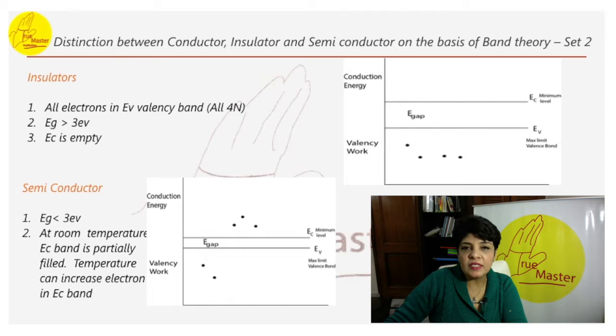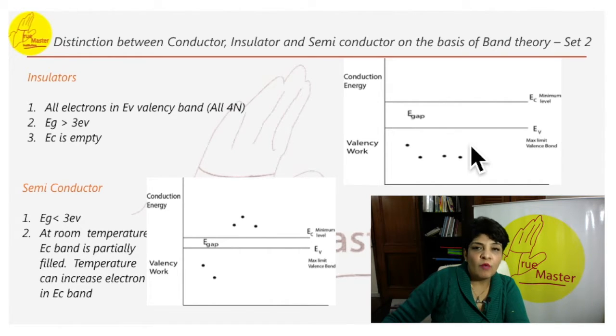Insulators. So this is for the insulator. Now for the insulator, a large energy gap of more than, what is the gap value? Eg is more than 3 eV. So this gap is more than 3 eV between the two bands. No free electrons or holes are present for conductivity.